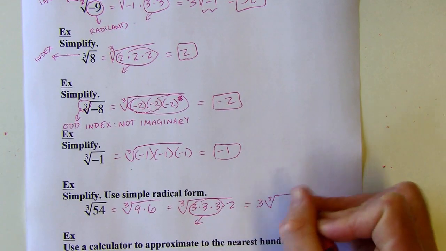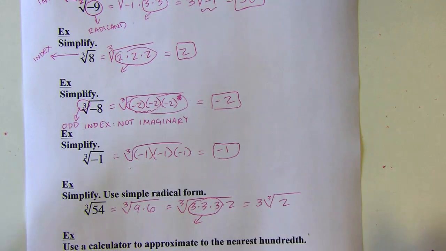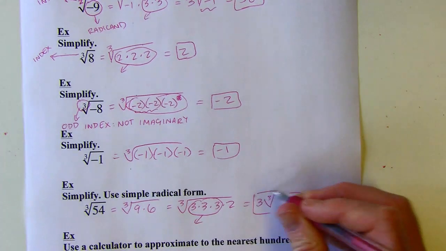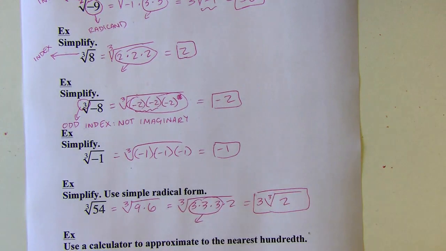And don't forget the cube root symbol there in your final answer, okay? And I can't do anything with the 2 because it's not part of a triplet set, so it's done. So this is simple radical form of the cube root of 54, okay? All right, so let's